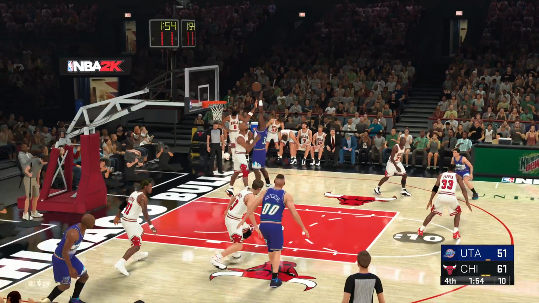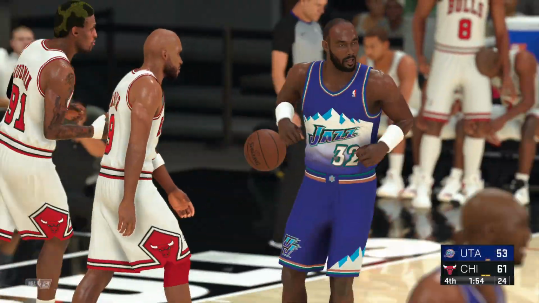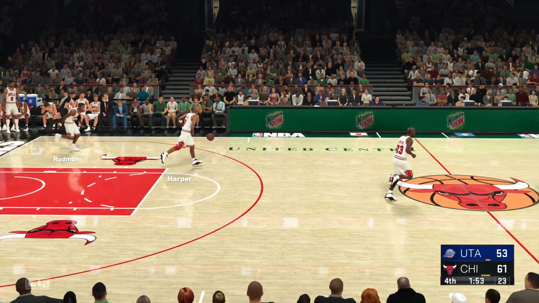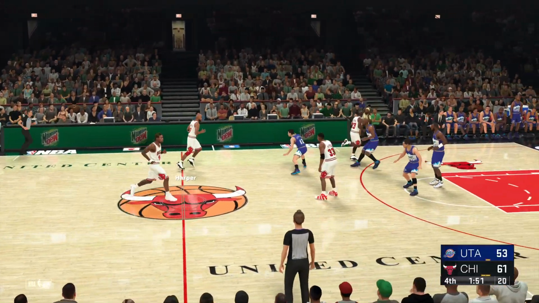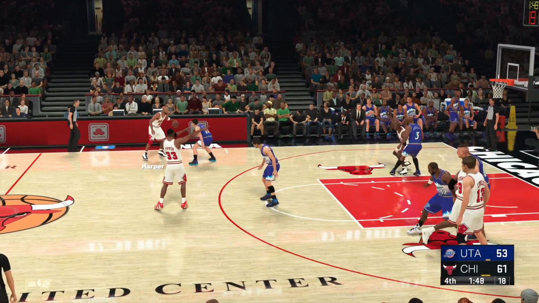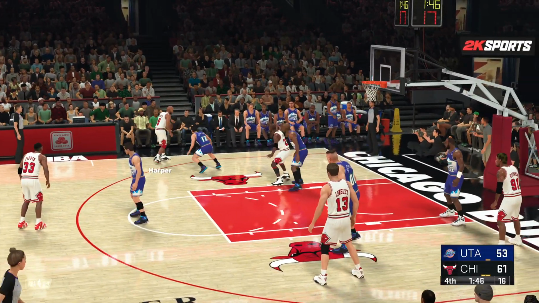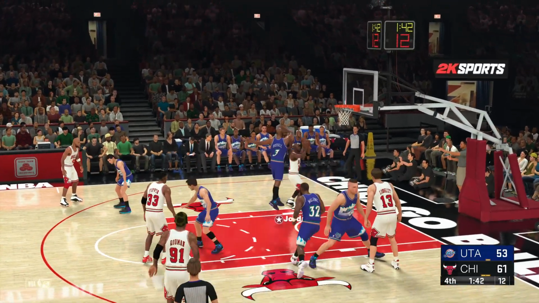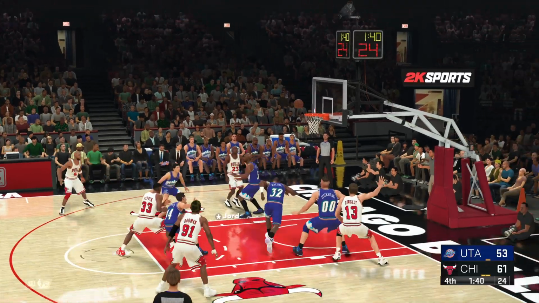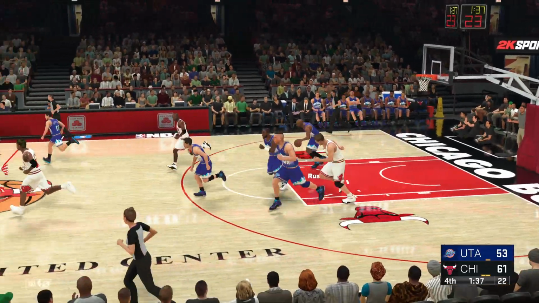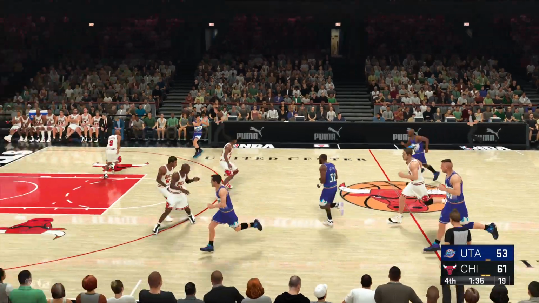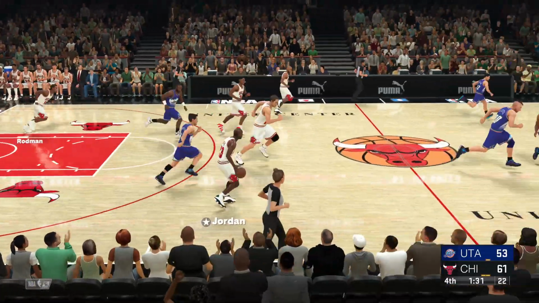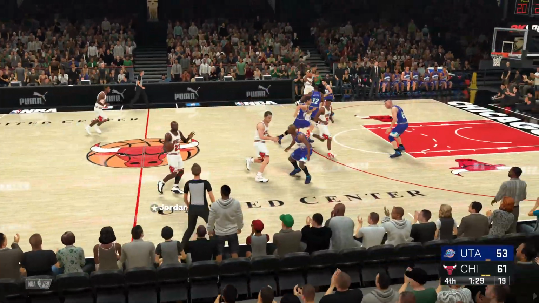Malone in the post. He's guarded by Harper. Yep, that one goes in there. And I love the tenacity, guys. He simply can will his way into games at times and exert his presence. Harper the pass to Jordan. Over Russell. Jordan can't get it to go. Jazz trail by 8. 3-pointers. Stockton. Rebounded by Rodman. Rodman's got 11 rebounds in the game.